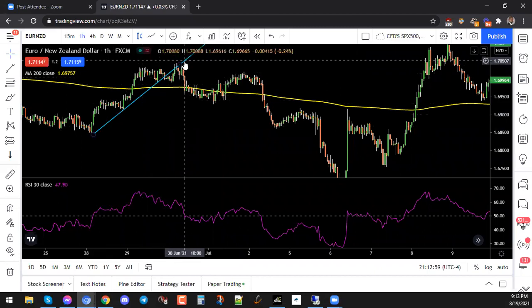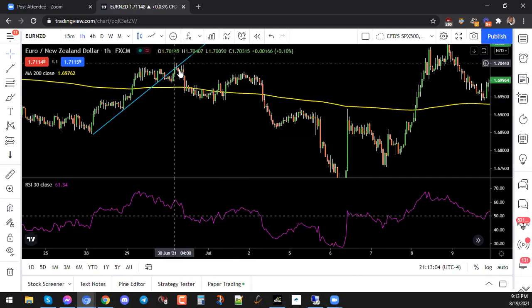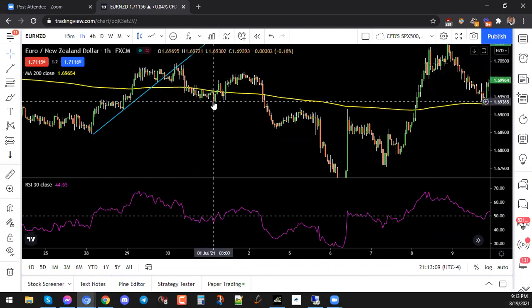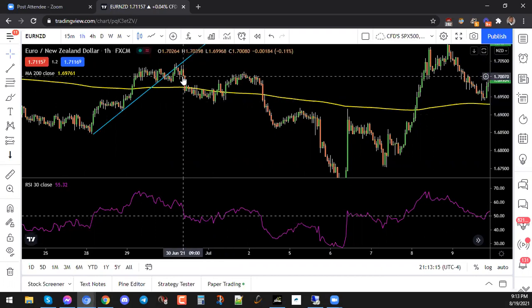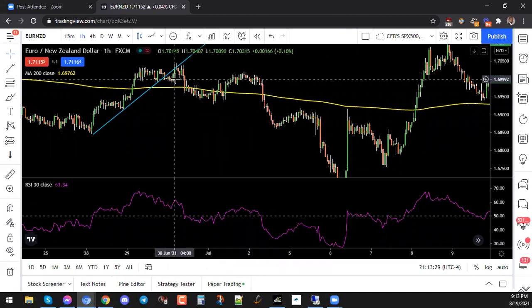And now we have a new trend forming, right? So we had price breaking down of this trend, coming down, and I'm looking for a reason to get into this trade, right? So let's see here. What day was June 30th? Let's see. It was a Wednesday, right? So if this was a Wednesday and I'm looking to get into a trade, I can see here that price